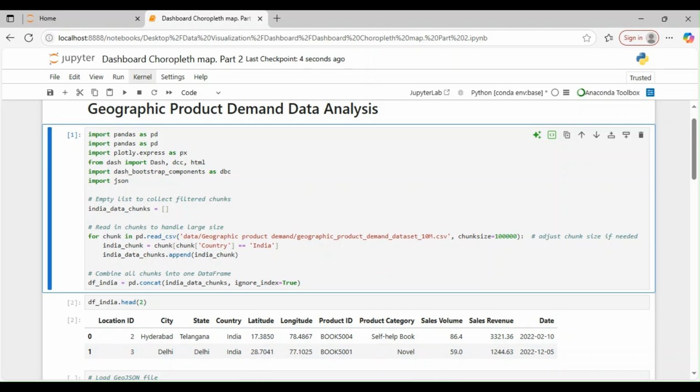In our previous videos of the Dashboard series, we have already built foundational apps covering layout basics, callback functions, and interactive components like dropdowns and sliders. If you have not watched those videos, I recommend checking them out to get a solid grounding before diving into today's advanced project. In today's tutorial, we will be working with a dataset named Geographic Product Demand Dataset,